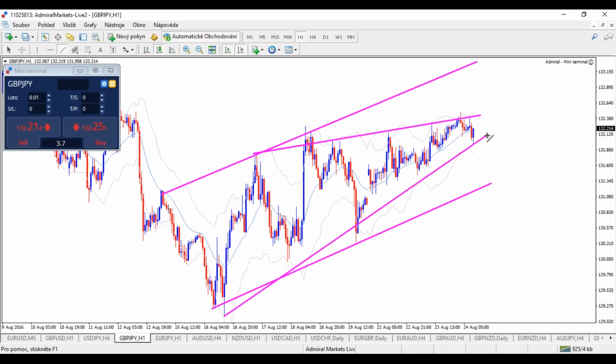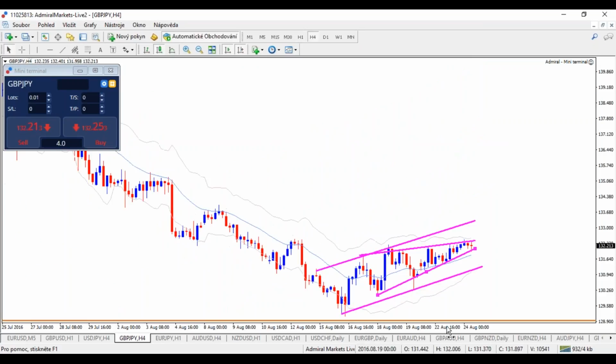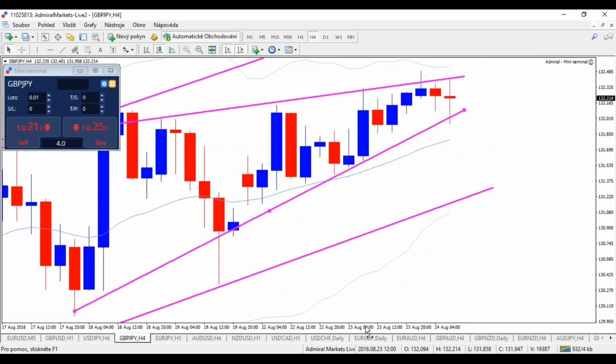Now I don't even know how I had it. Let's see, like this. Not even sure how I drew that rising wedge anymore. Maybe like this. Anyhow,